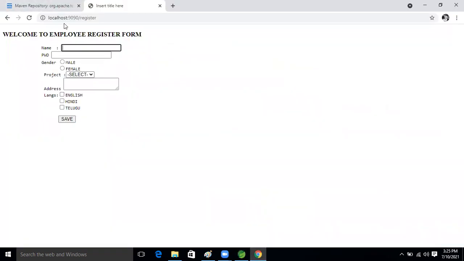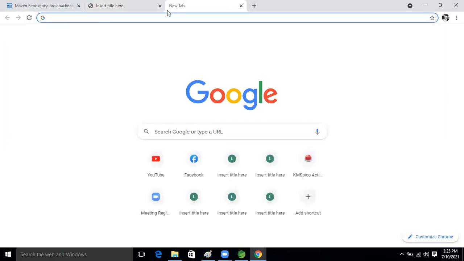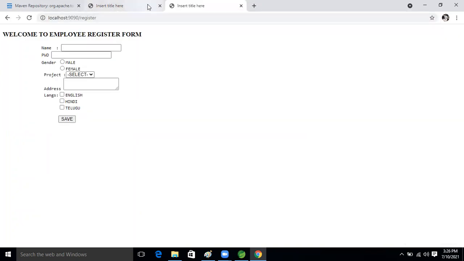Copy this one and come to another tab. Now enter. We are getting this input. Here let's take any name, my name only, Ravi.